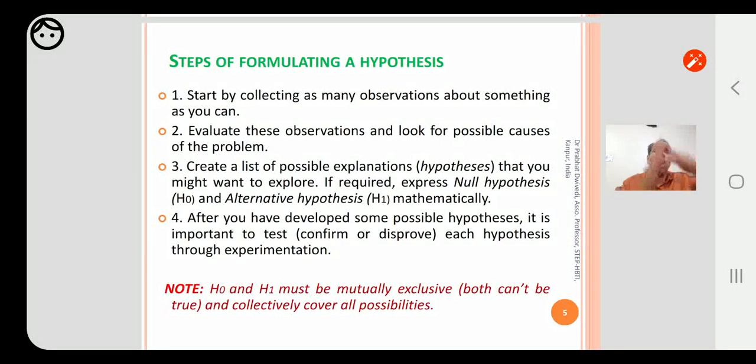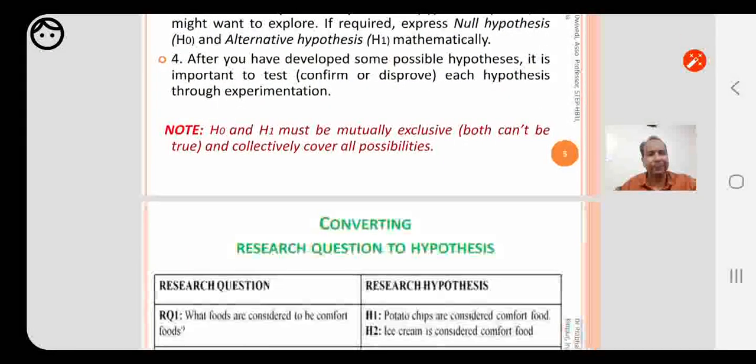This covers all the possibilities, because my null hypothesis was value of x is less than 1. So alternative hypothesis will become value of x is equal to or greater than 1. That means complete 360-degree coverage of the variable. All the values of the universe can come if you combine both alternative and null hypothesis. So that is what this sentence means.